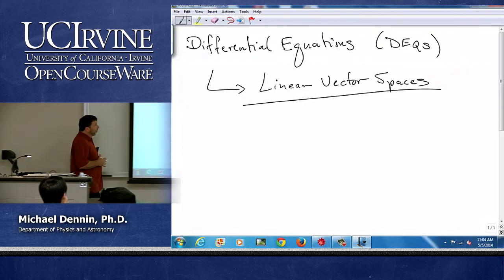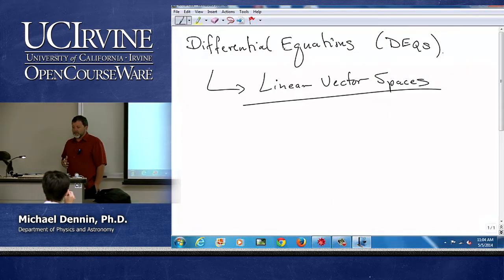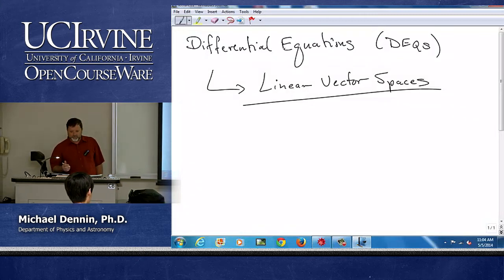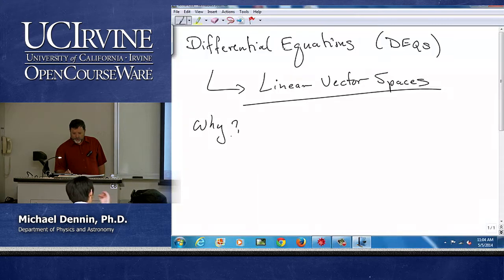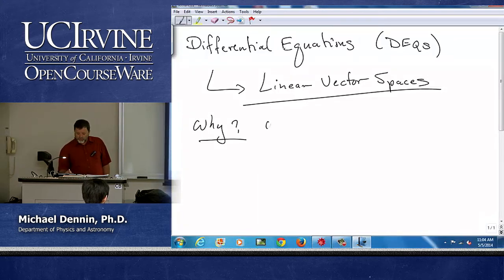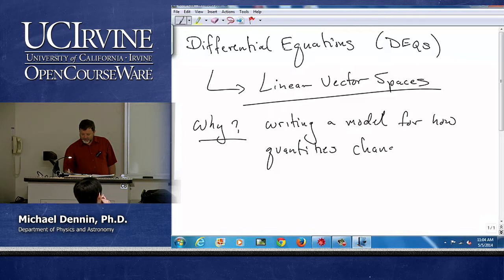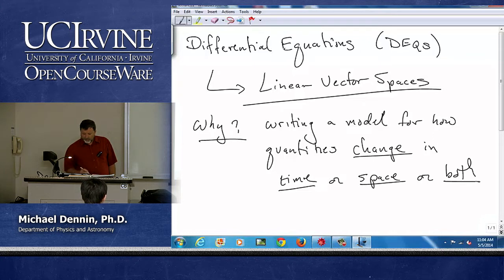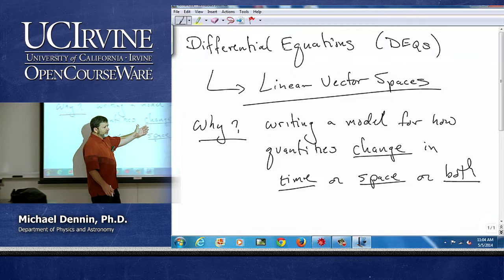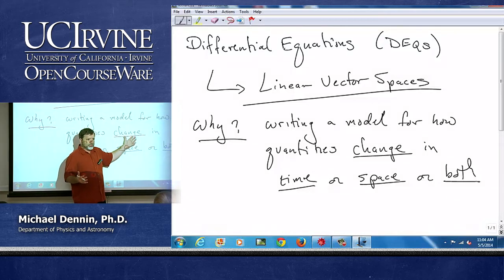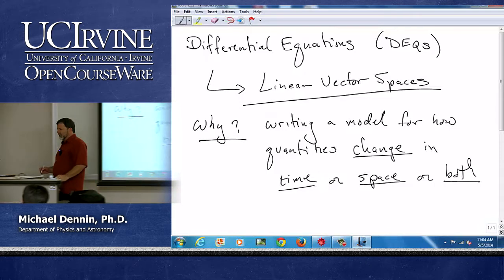Now, one of the things about differential equations that we don't spend a lot of time on up to now, and I'm just going to do this first part as really an introduction, is why are we using them? What we are really doing is writing a model for how quantities change in time or space or both. The fact that the quantities are changing makes it a differential equation. That's why we invented derivatives, to understand change. When they're changing in time or space,